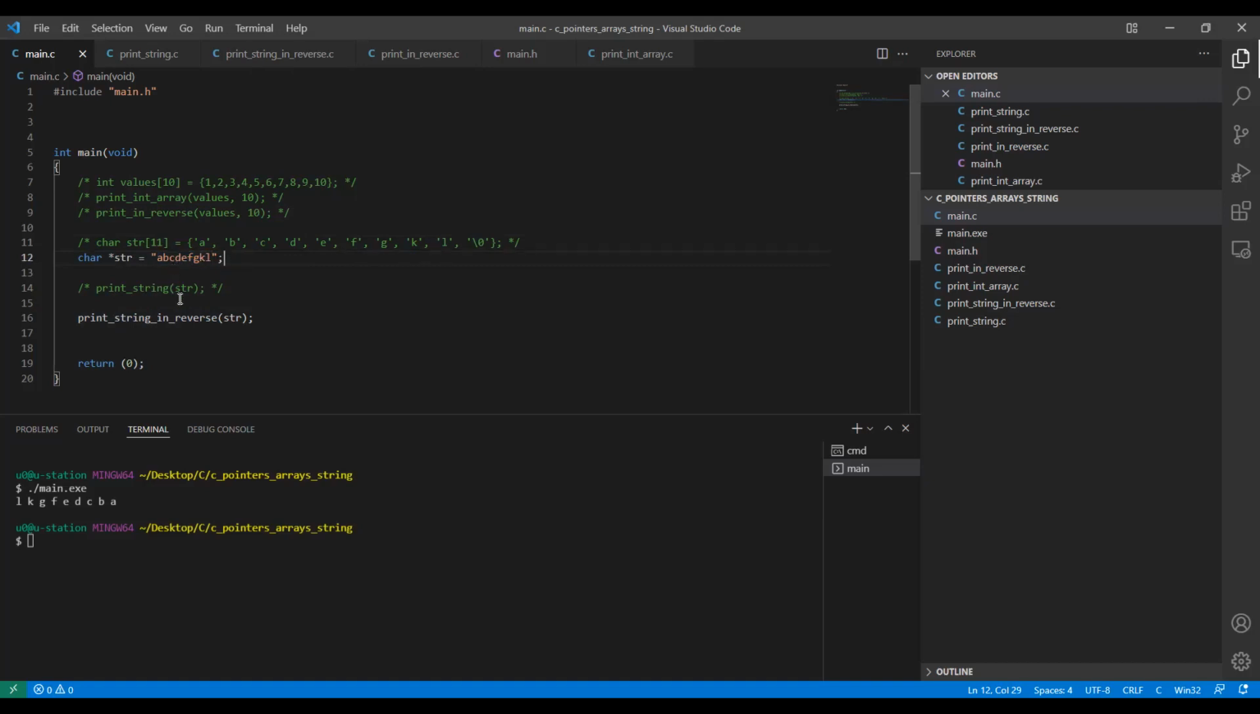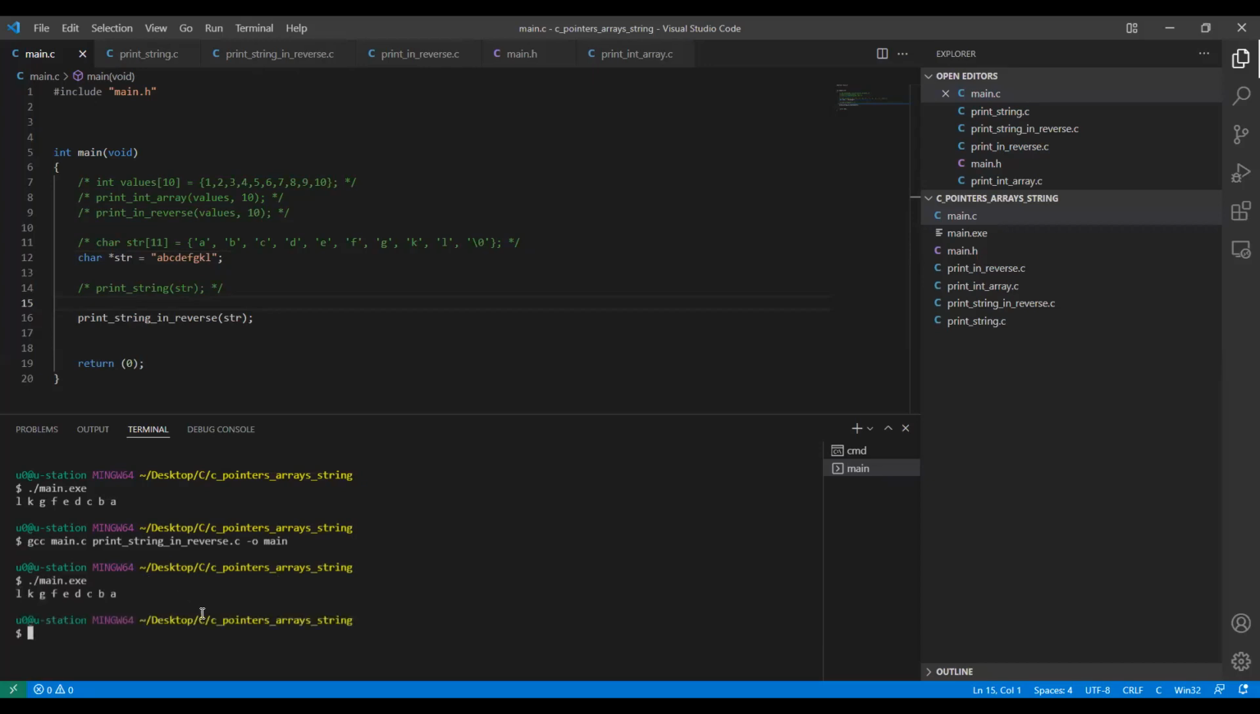Now you can run the same function again, and it will give you the same results. It's the same result, L, K, G, E, F, E. So strings are just, we can say strings are just